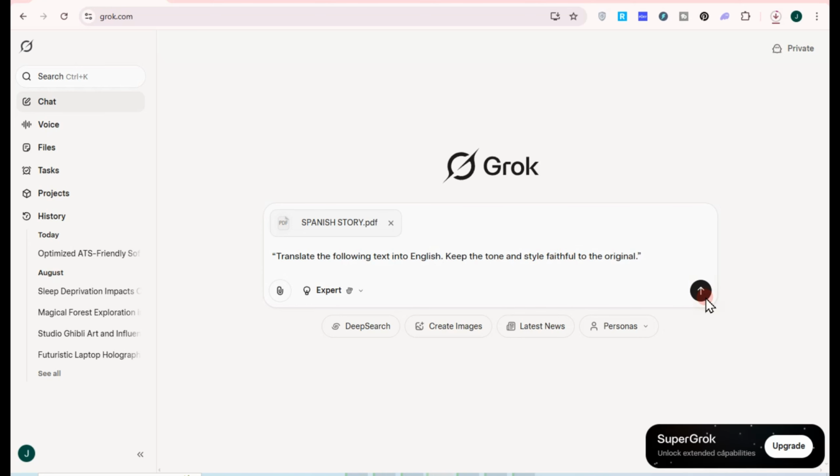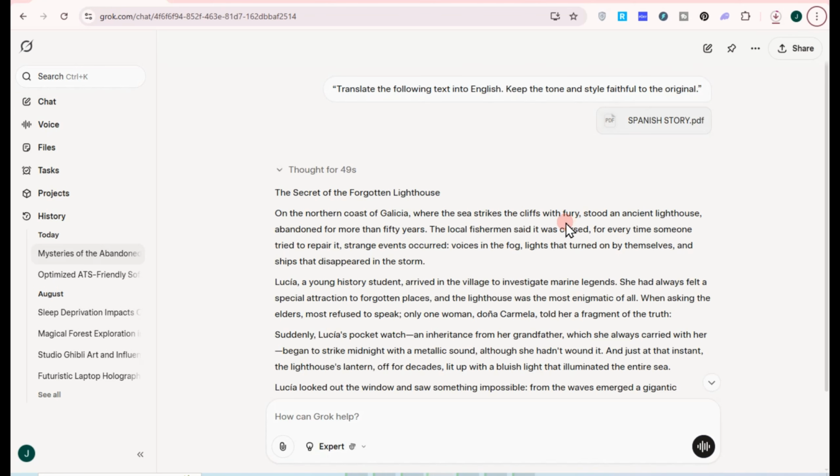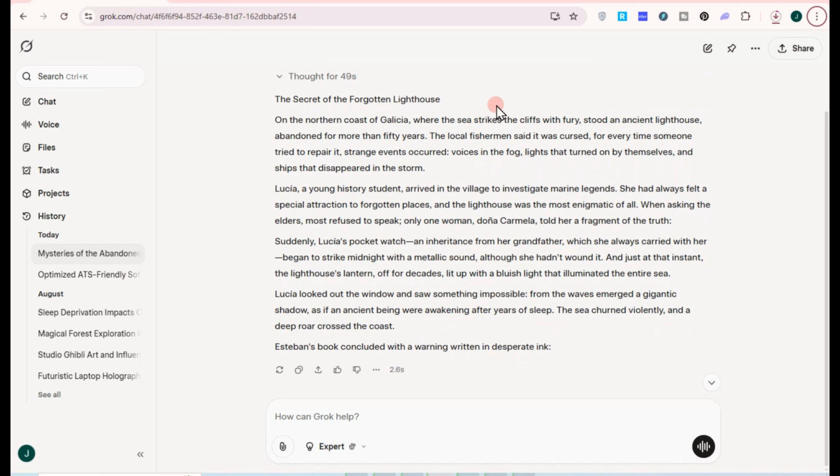Now, if you want to add some changes, or if you want to refine this translation, like refine this translation to sound more natural in English as if written by a native author, you can just ask the prompt again, press enter, and then Grok will give you another version for this one. So basically, that's how easy it is to